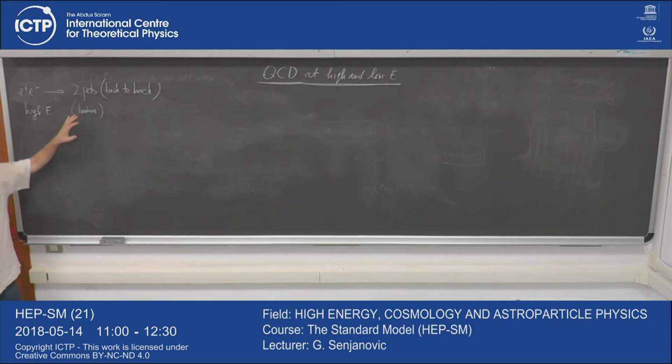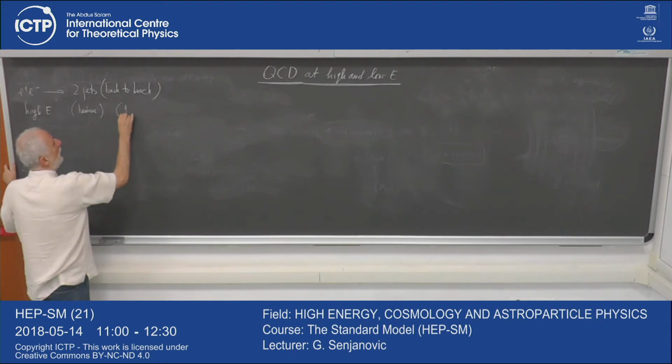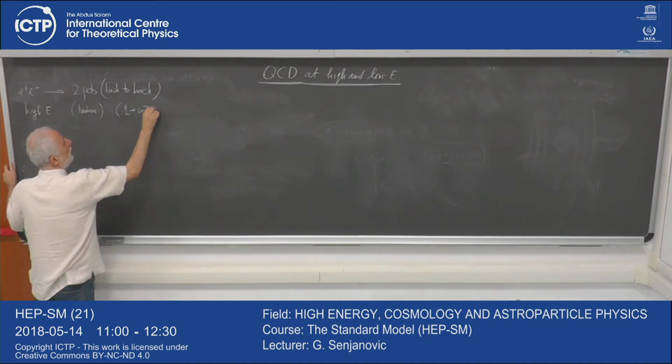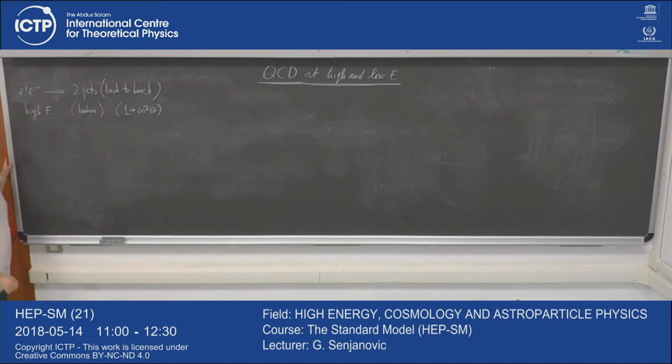Very strange, as if you have E plus E minus producing mu plus mu minus, as if you're producing two point-like particles that will go in the opposite direction, obviously. And by the way, the distribution that they got is the distribution that you get when you compute the cross-section for E plus E minus going to E plus E minus, or mu plus mu minus. 1 plus cosine squared theta. And that's sort of a miracle, right? Why would this bunch of particles that should be scattered all around go as if